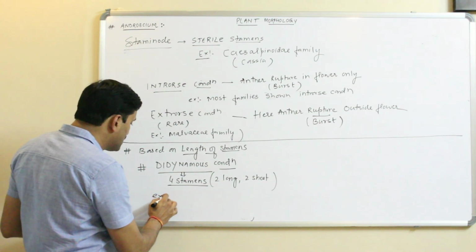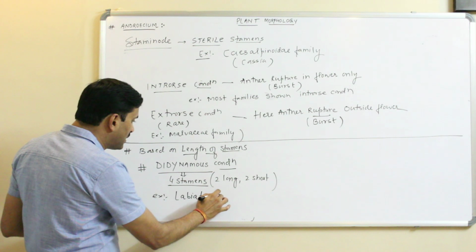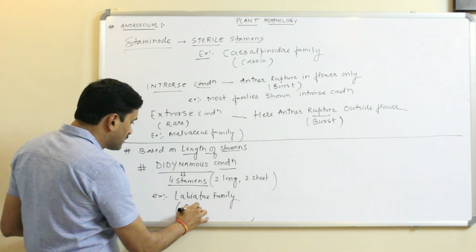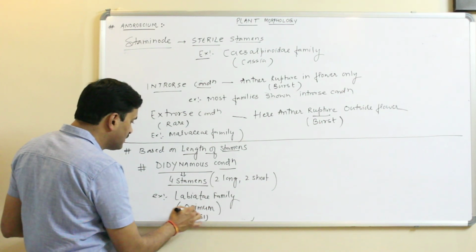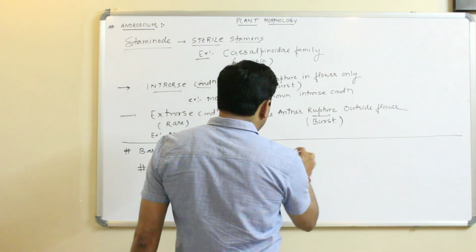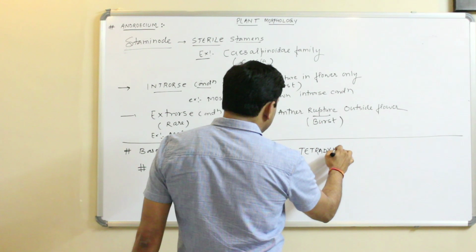Now, didynamous condition is the feature of Labiatae family. It is the feature of Labiatae family. And the member of this Labiatae family is Ocimum. Ocimum is commonly called as Tulsi. Okay. And one more very, very important condition, tetradynamous